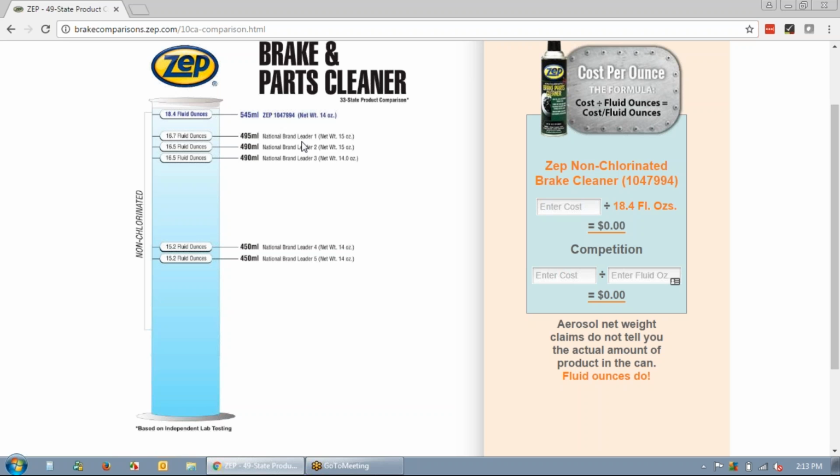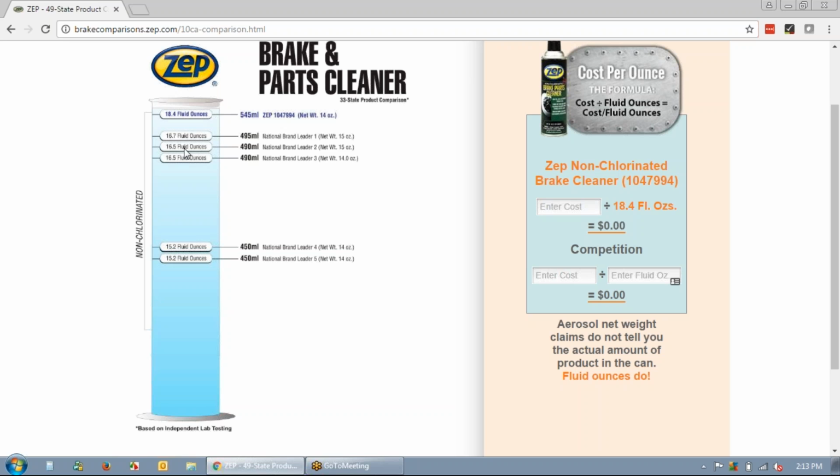We didn't put them on here because for liability reasons we didn't want to call out our competitors. So we just called them national brand leaders. But you'll have a master sheet that you can use to go in and compare which product you're comparing to. CRC, Valvoline, Johnson's, you name it. It'll be on there. So for instance, if the customer is currently using CRC, that'd be CRC 5086, 5088,